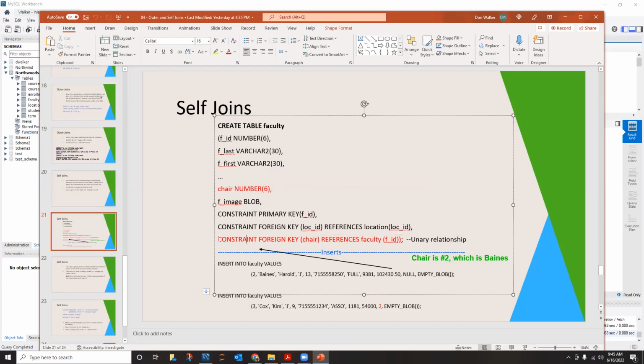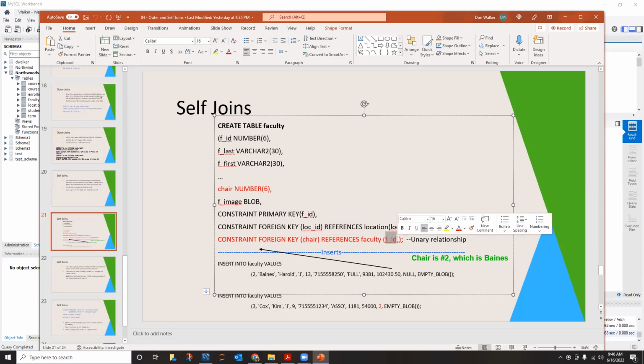This constraint on the database, I told you about, you can place constraints when you create a database. This constraint shows you that the chair column has to be populated with values that are in the FID column,